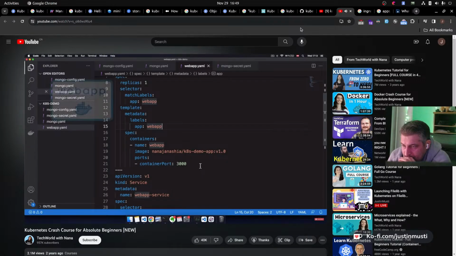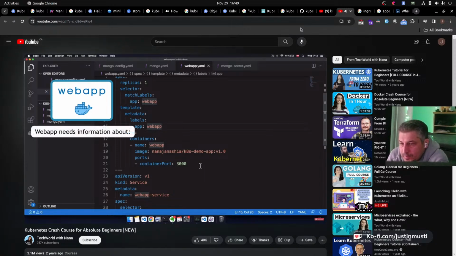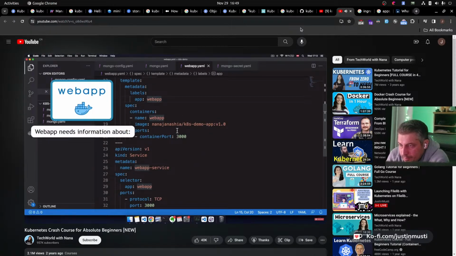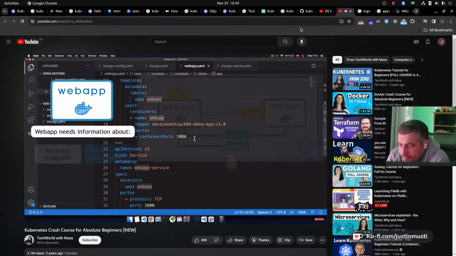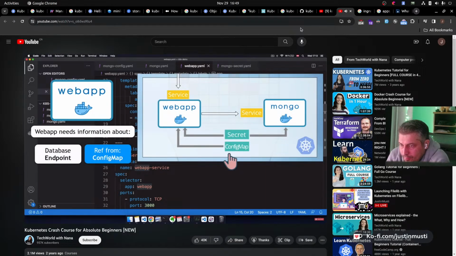When our web application starts, it will need to connect to the database. So we need to give this web application information about the database endpoint, where can it access the database, and